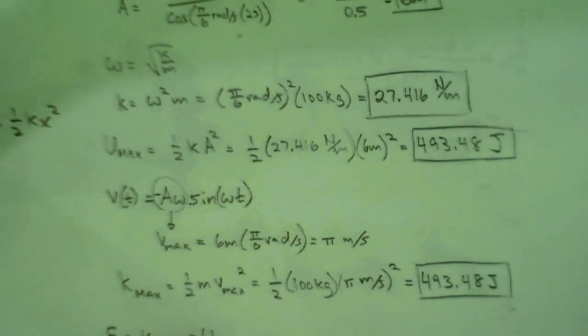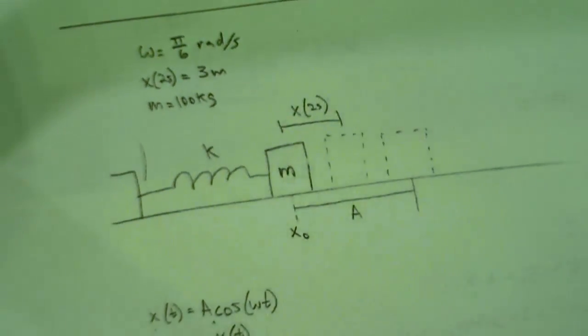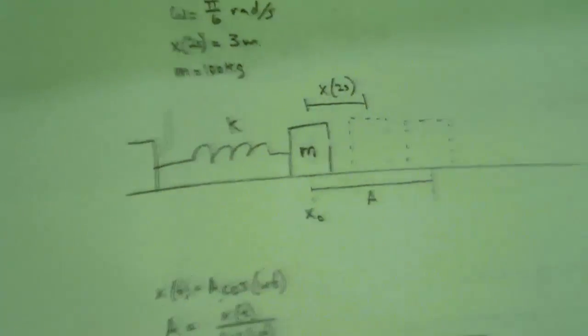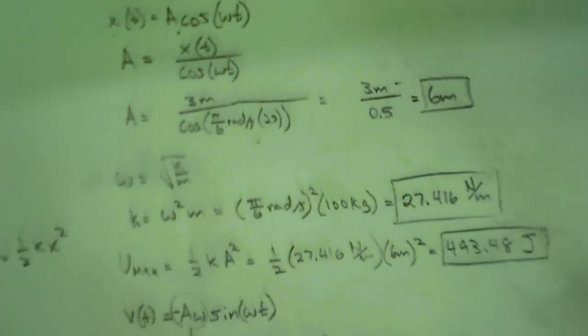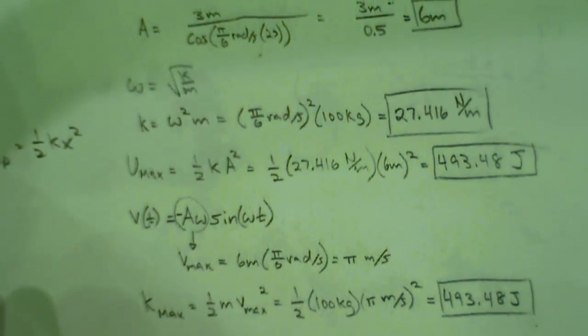All right? So this is a way to check to see if everything's all good. Now, if there was friction, this would be a whole different story, right? So energy would be lost as you're oscillating. So they wouldn't be the same. All right? So then the final question